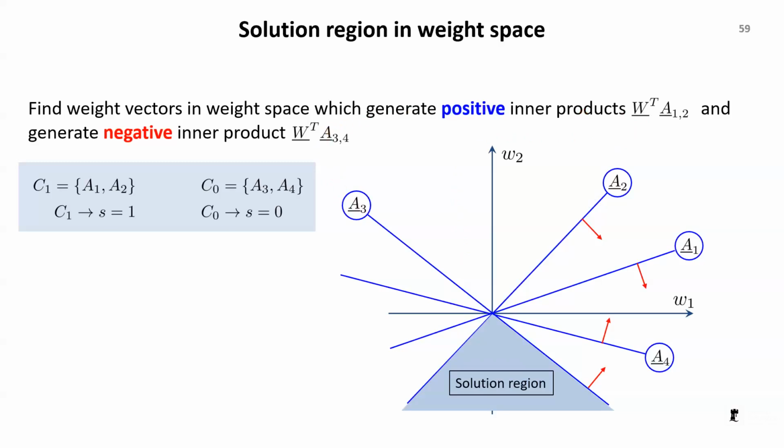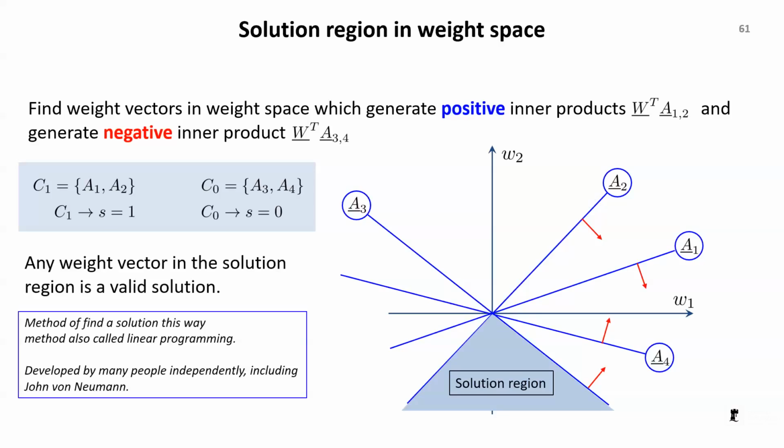So basically, the whole learning algorithm that you will develop tries to find a single weight that satisfies the combination of each individual point. So your learning algorithm wants to find only one weight within this region. If you can just find one weight, that can already solve any given problem. Yeah, any weight in the solution region is a valid solution, and the method to find this solution is called